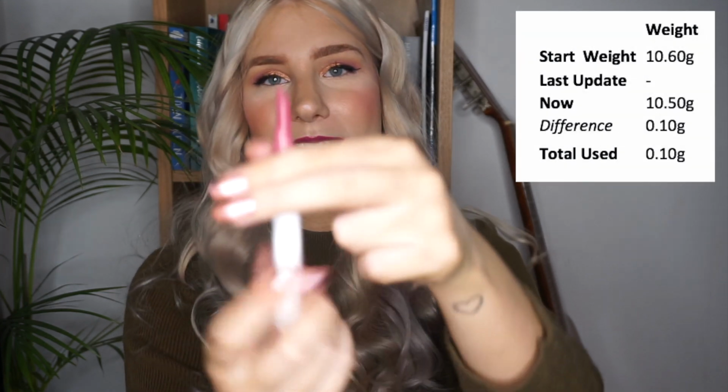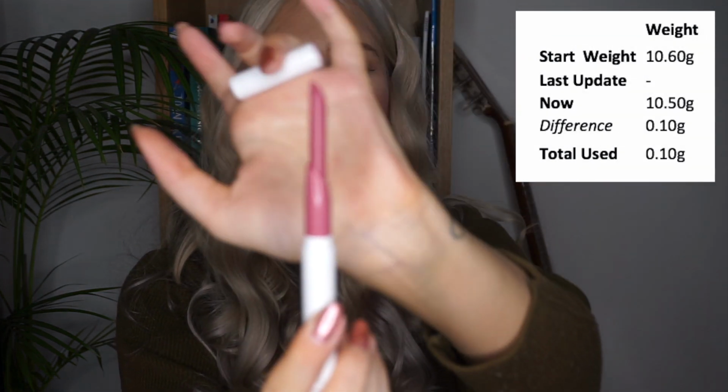I did use this one 12 times, and it is just like a deeper mauve tone, as you can see right here. Yeah, it's not my absolute favorite lip product, but it is still beautiful, and I had a lot of people comment on my videos when I've been wearing this and it really suits me. So I mean, maybe it does really suit me. I just don't reach for these colors very often, but like I said, I have used this 12 times,